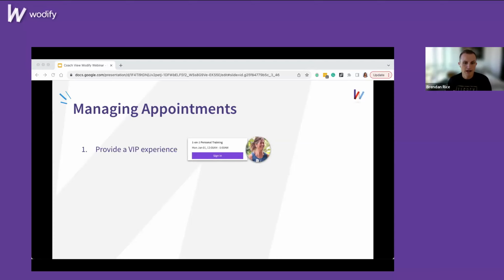And then take advantage of that book again feature to have the next appointment scheduled before your client leaves the facility. Just a really quick and easy way to ensure they're coming back. We've seen this with the gyms that implemented. You're much more likely to ensure recurring appointment revenue and rebooked appointments when you have that conversation in person, kind of right at the end of the appointment, whether it's personal training, nutrition coaching, kind of whatever it is, they're most likely to be able to book again right there rather than having to call them or send an email afterwards. So that's why we built the feature, but training coaches or any service providers on it is really important.